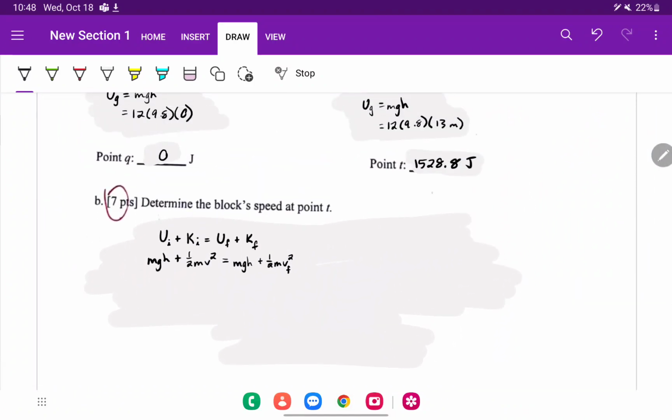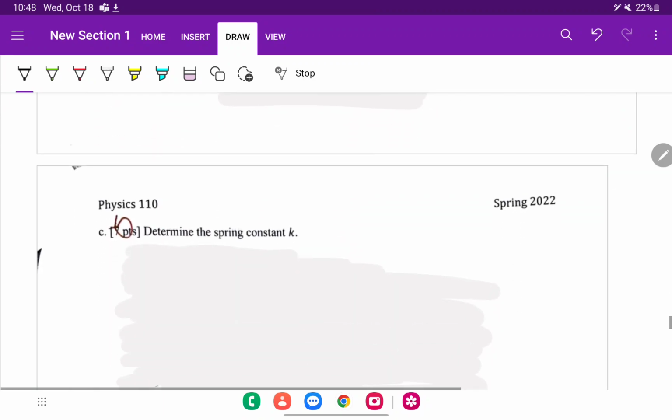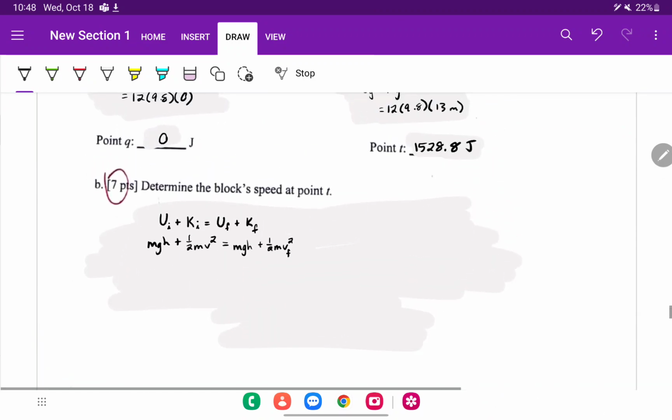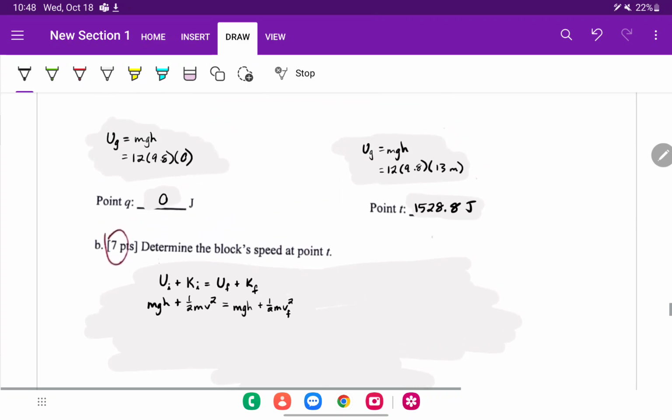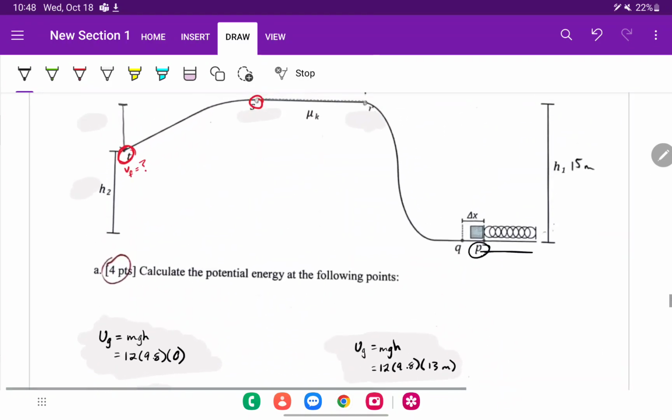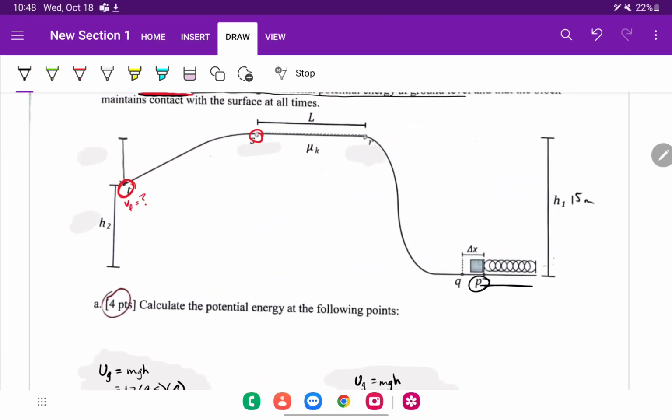And if we did that, we would have a 1/2 kx squared. Well, we haven't calculated k yet. That's actually in part C. So we don't want to use that as our initial point because then we'll have too many unknowns. We would have an unknown k in there, and we would only have one equation, and you can't use one equation to find 2 unknowns. So it's easier to just use what you're given, start it at point S,